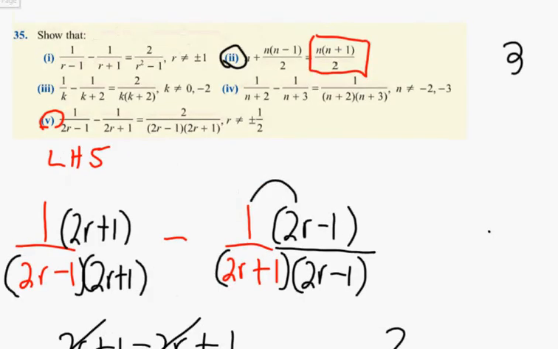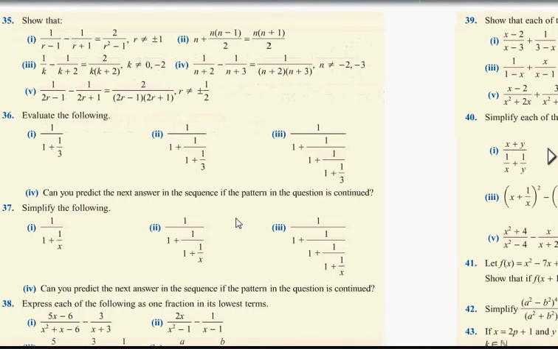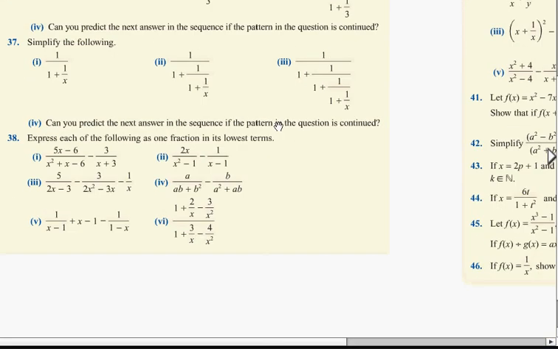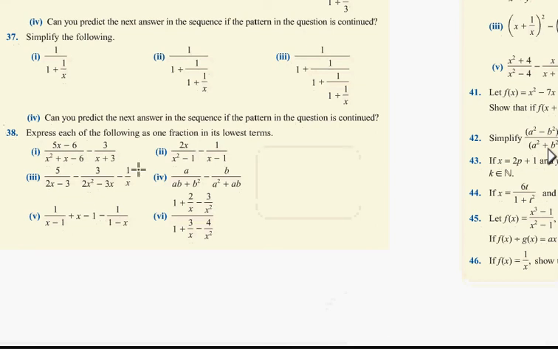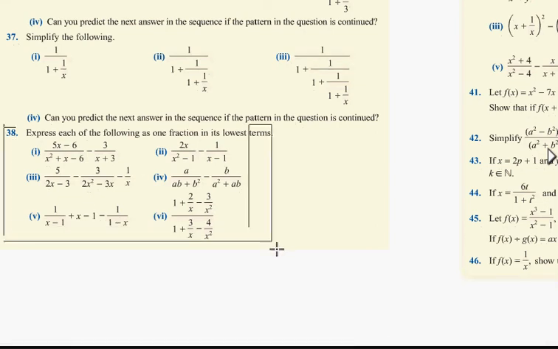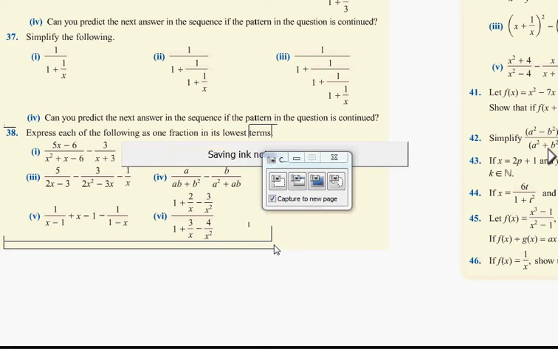Okay, guys. Moving on. What's the next question we're looking at? Question 38. What parts of 38? Oh yeah, good few of them. 2, 4, 5 and 6, isn't it? Okay. Now,